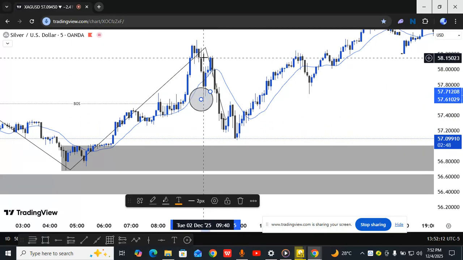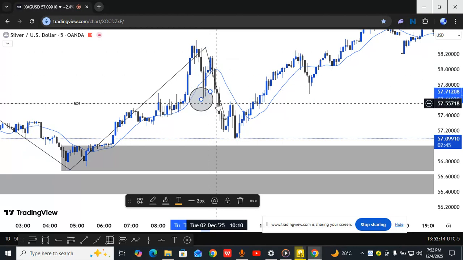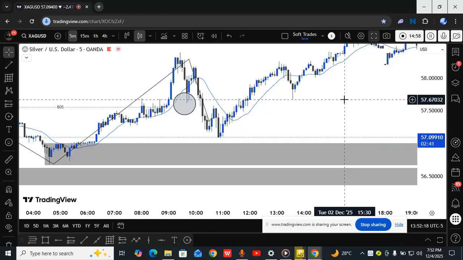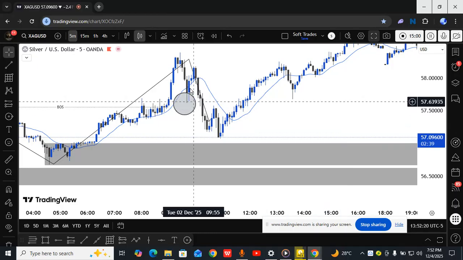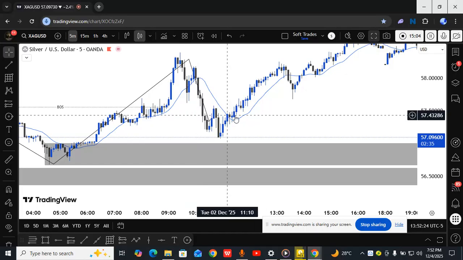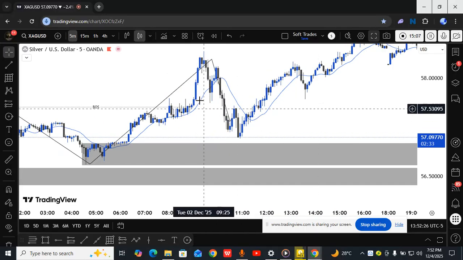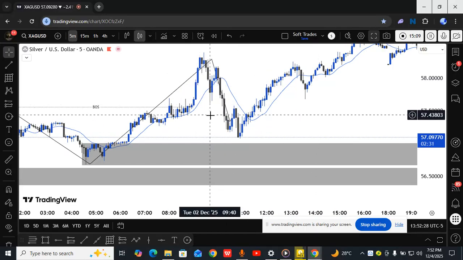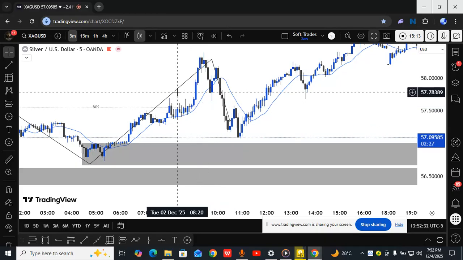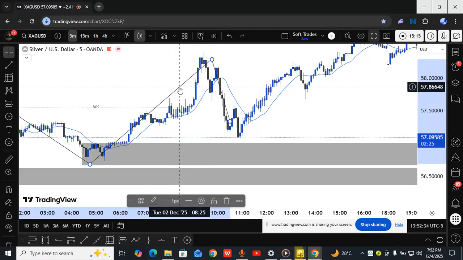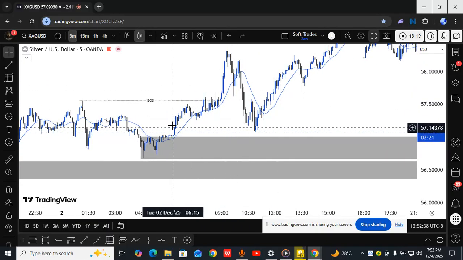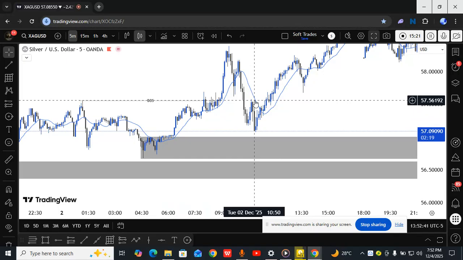Now, sometimes it might be just one move, sometimes it's going to be twice, giving equal lows, depending on the speed of the market. If the market is strongly bullish, it might just be once. If it's not that strongly bullish, and it's a smaller time frame like the 15 minute time frame, you're just going to see one external liquidity here, or one inducement over here, or a single inducement, as the case may be. So as you can see, once price took out these inducements, tapped into this FVG, it went back up again